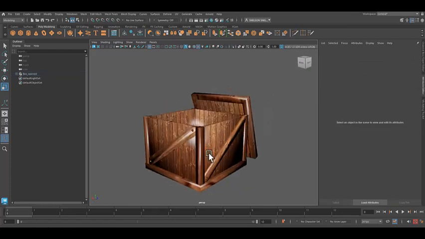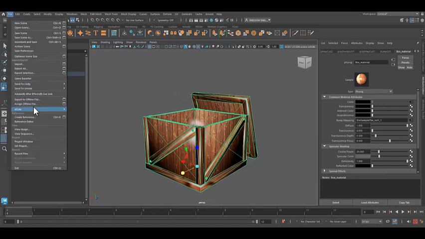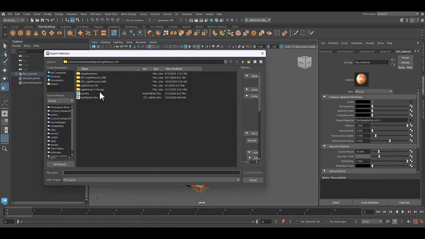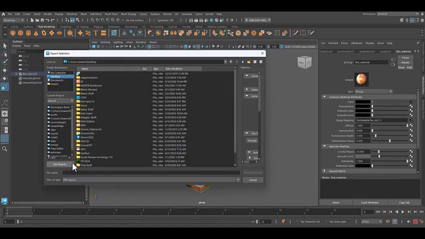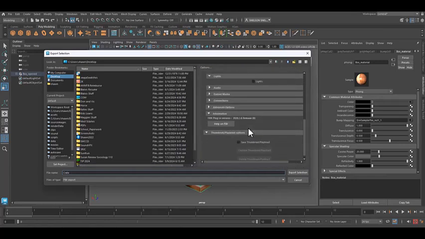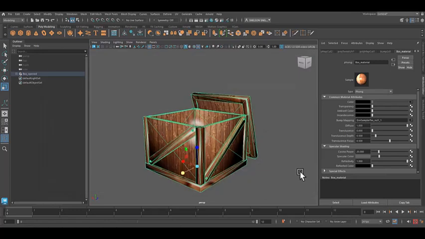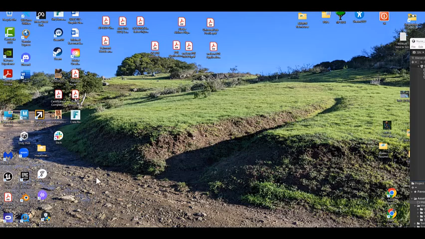If I were to export this into the engine, I'll just save this to my desktop and call it crate as an FBX. We want to make sure that we have lights and cameras not on. Great, that's all done. I can close this down,